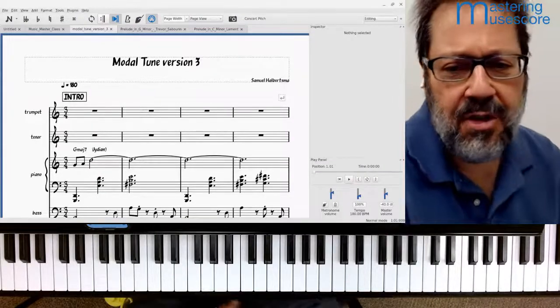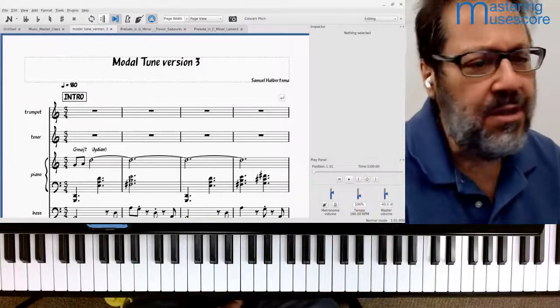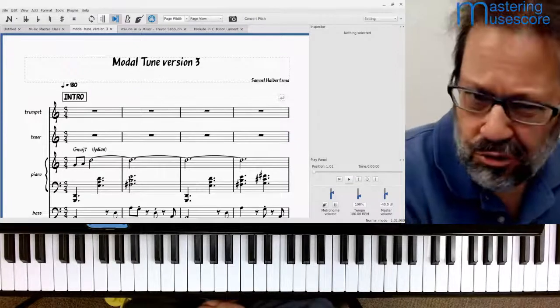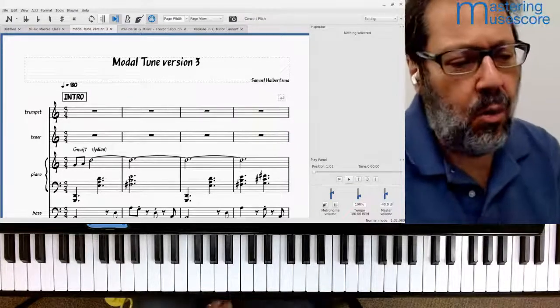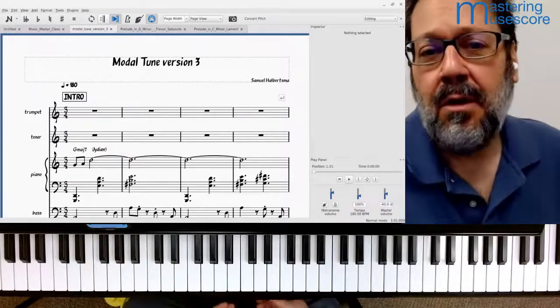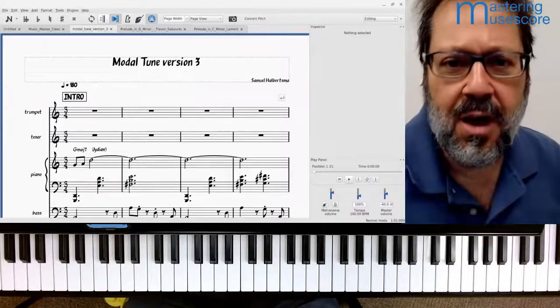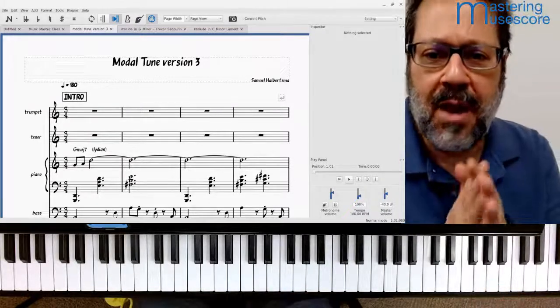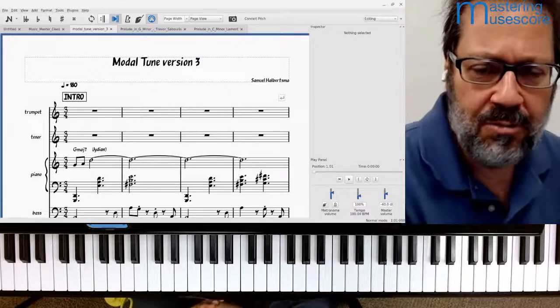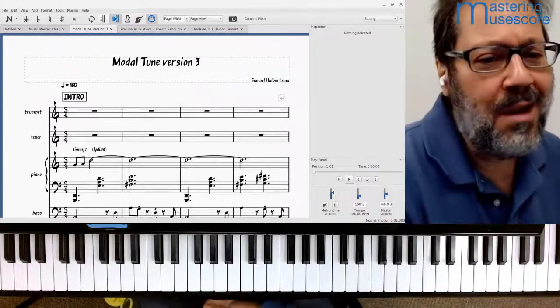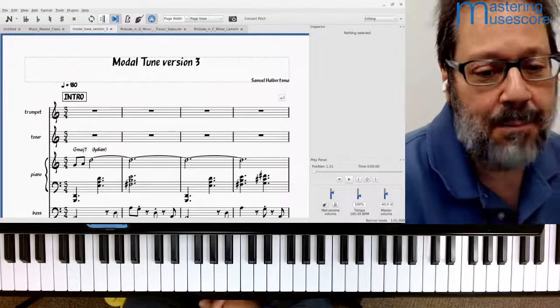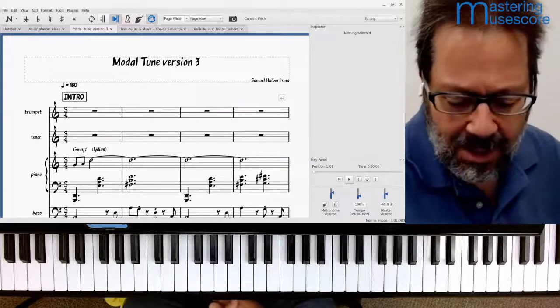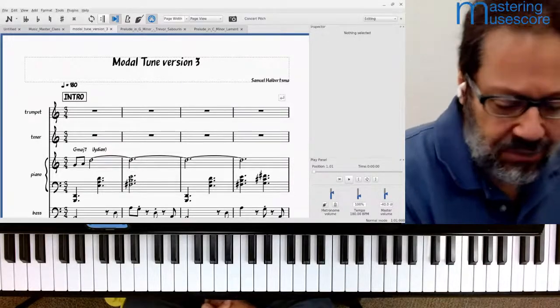Because when I say there are some things we typically do or don't do in modal music, one of the things people often think is a thing to do, and questions have come up, Sora's asked about it, Trevor has asked about it, and I want to show one of Trevor's pieces later too. What doesn't typically happen is saying, hey, I'm going to be in the key of G Phrygian,